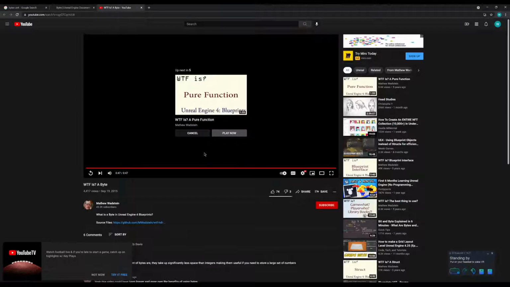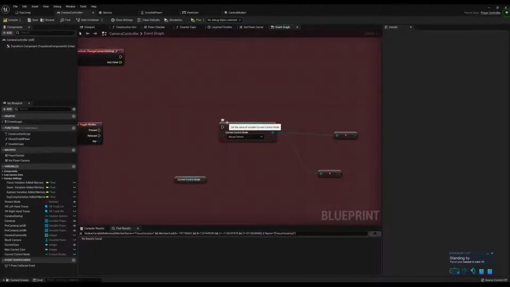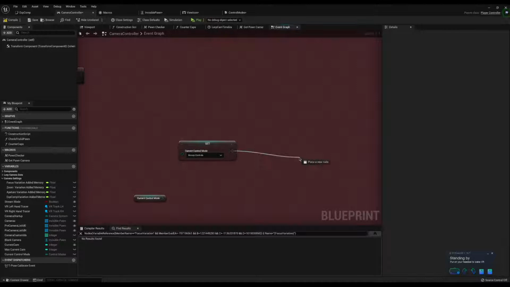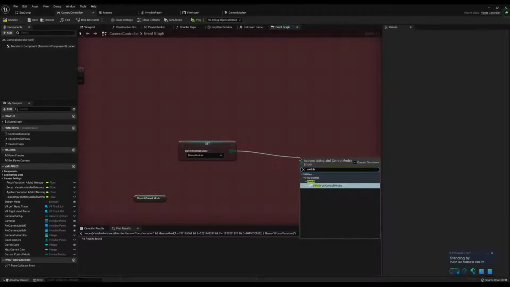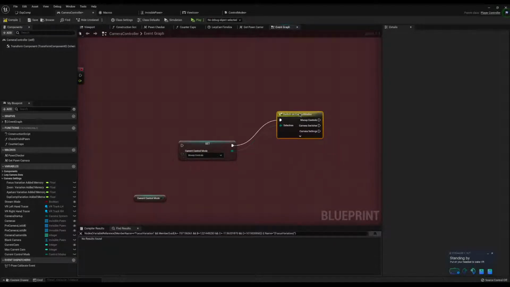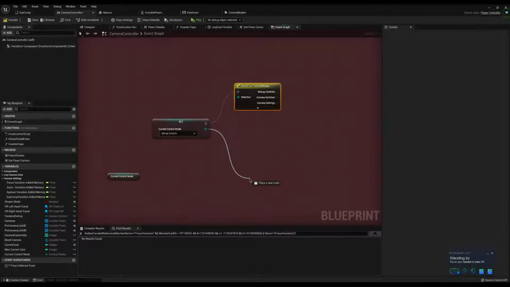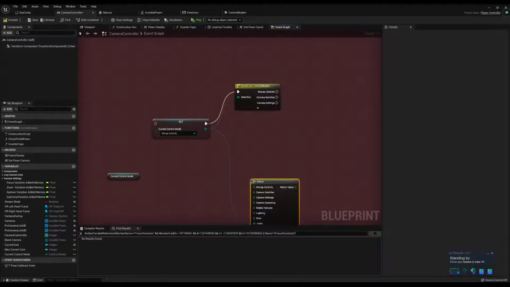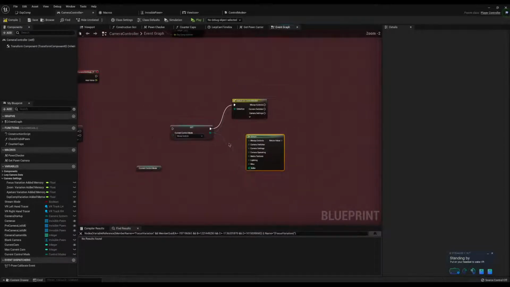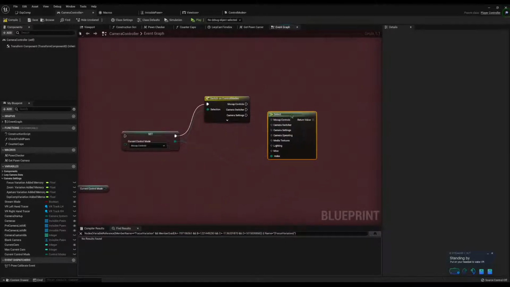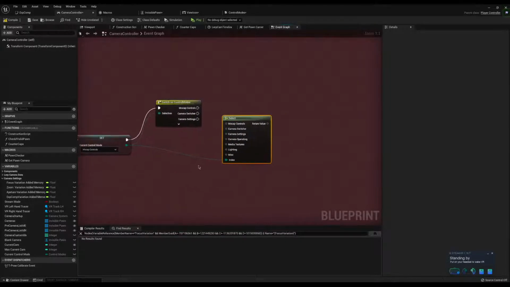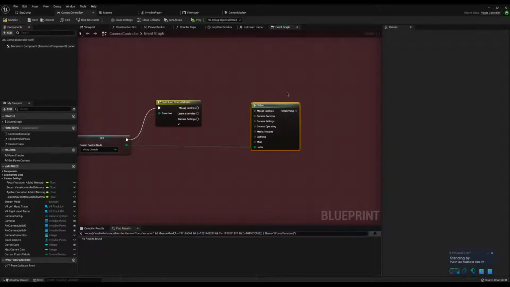Okay, that might not do what I thought it did, but now we know. Okay. Cool. Switch on control modes. Select on control modes. So when we use a select node,